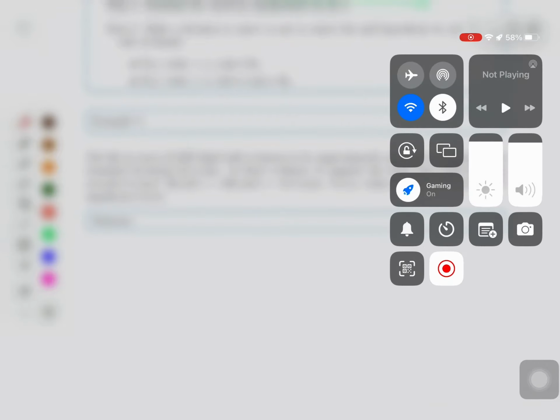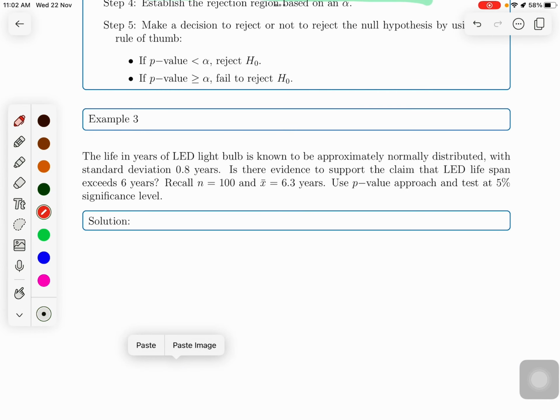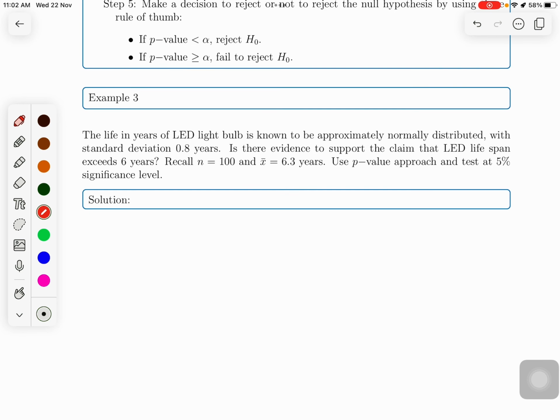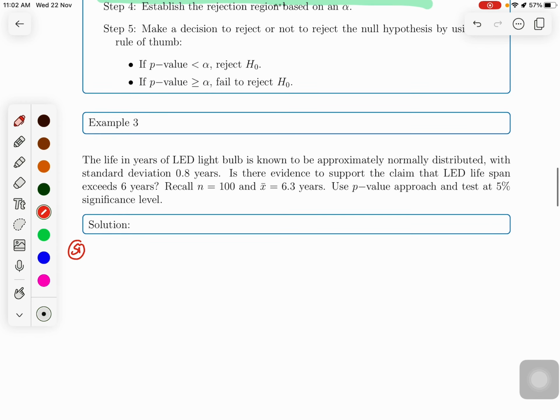Okay, guys, let's continue with our study about p-value approach. Right, so let's take a look at our example 3. Kita dah bacakan soalan ni tadi. So what we need to do is now we start with our first step, step 1. Step 1, we need to state the hypothesis,